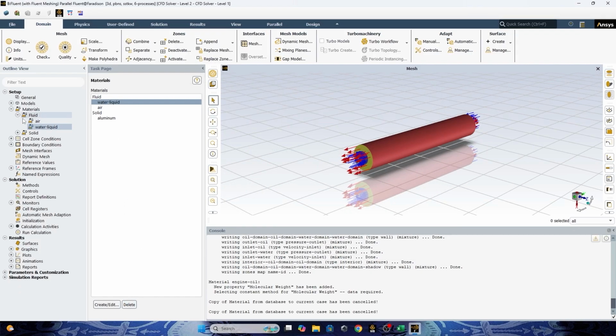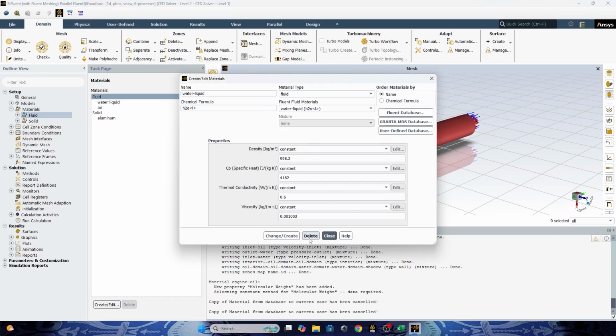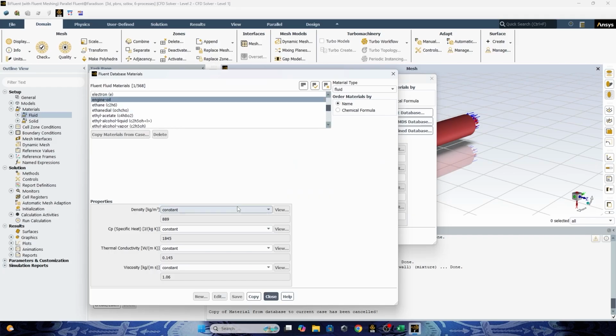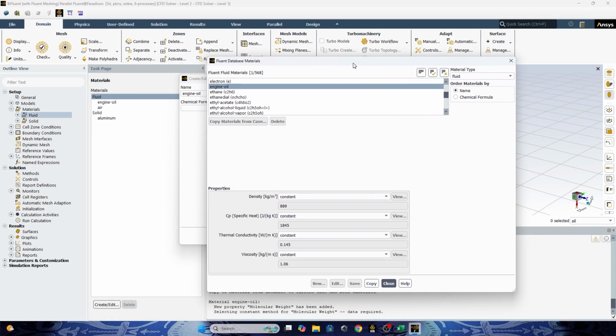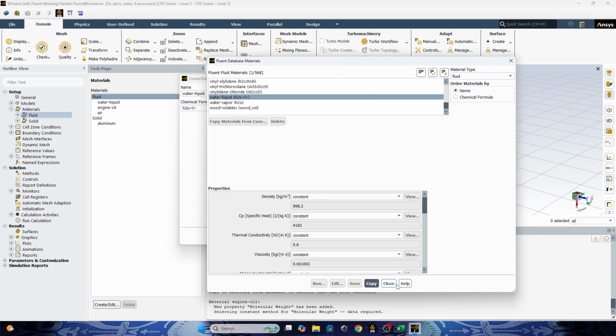Engine oil first, copy. Okay. Put cross section, and then for the water liquid, copy. Close.